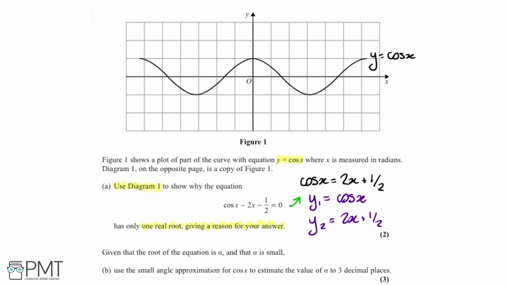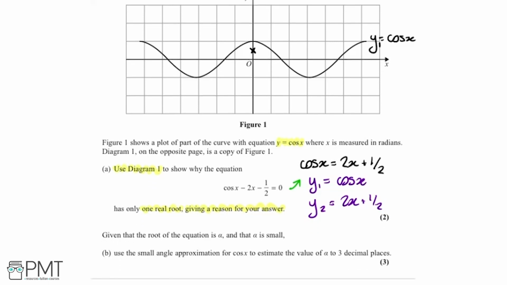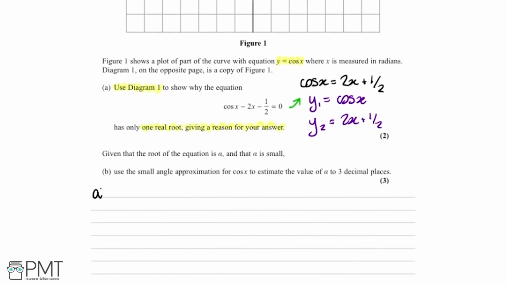So what's great is that we've already got the function y equals cos x graphed out here. So I'm just quickly going to edit this to make it a bit clearer. So we've got the y1 equals cos x. So now we're going to plot y2. So if we think about this quickly, we can do a couple of points to help us. So if we sub in x equals 0 to give us the y-intercept, we get that y is a half. So if I just plot that on here,